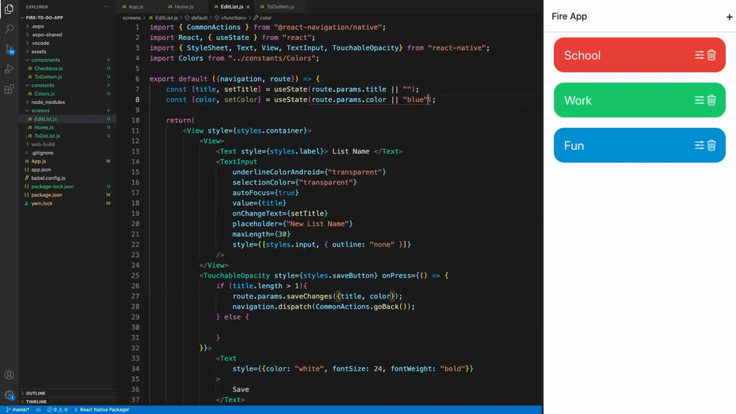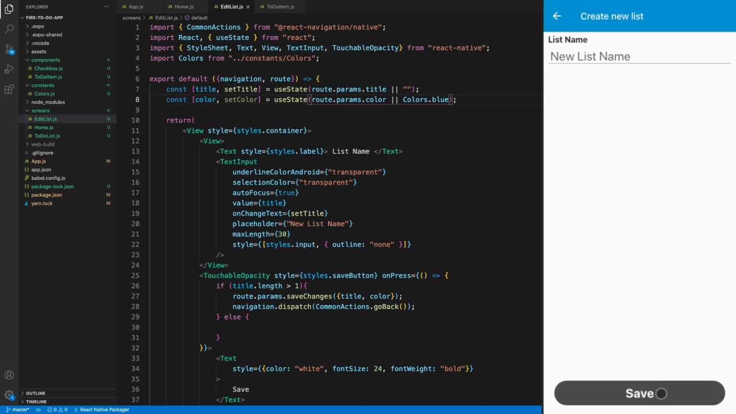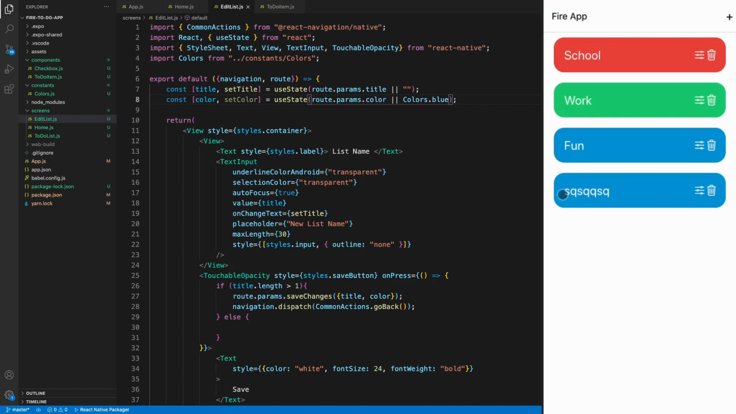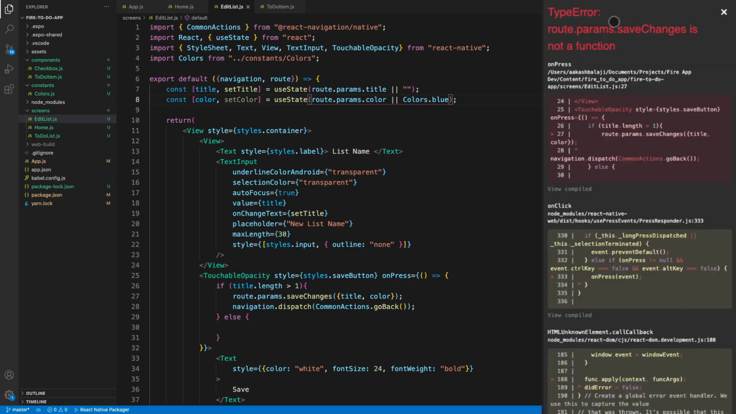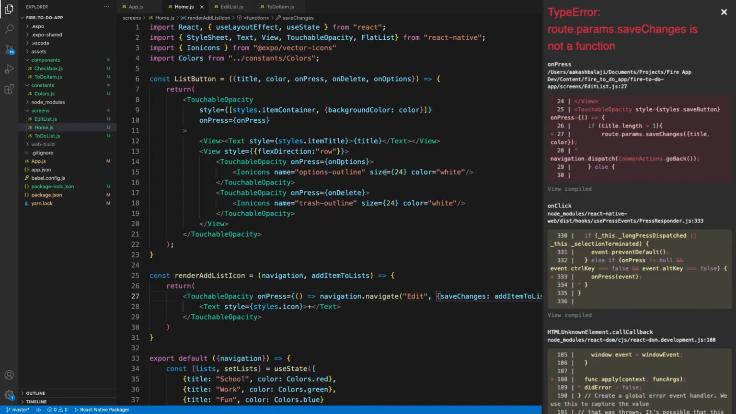Okay, for now we'll make this colors.blue again because of the way it's implemented, and we'll go back and change that to the text later. But all right, let's click add. If we try to save right now, nothing happens because it's invalid. So let's do that. Make a new list, and boom, we have a new list called SQ, SQQ, SQ, as it is. Then if we go ahead and edit that, it's not going to work because we didn't pass in anything for saveChanges. So let's go back home,